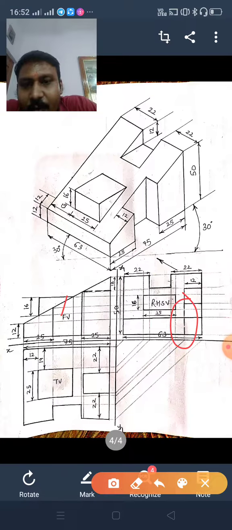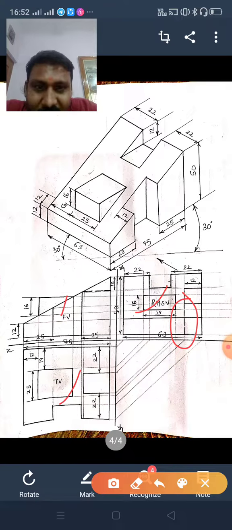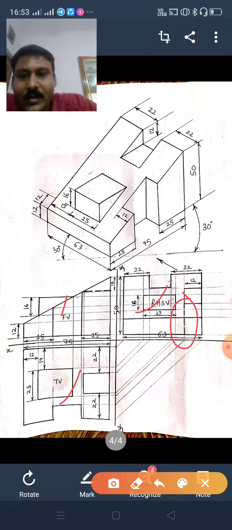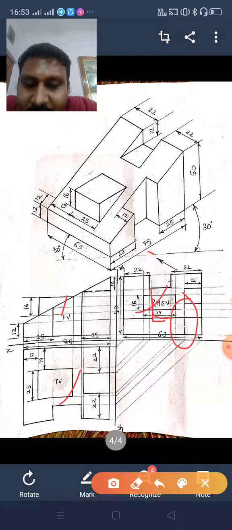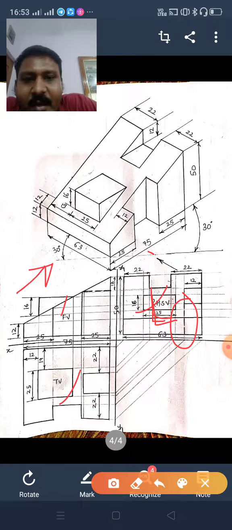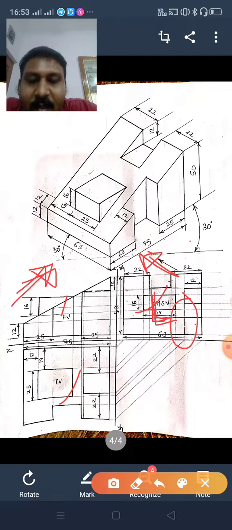So this is the front view, this is the top view, and this is the right hand side view which you have drawn in left side. Okay, sorry, this is the left hand side view, sorry, you have to correct it. Okay, this is the left hand side view and you have drawn it in right side. Because you are watching the side view from here, this is the arrow mark, so this is the front, if this is front, this is left, this is right, so this is the left hand side view and you have to draw it in right. So you have to write here left hand side view, that's it, else everything is correct.